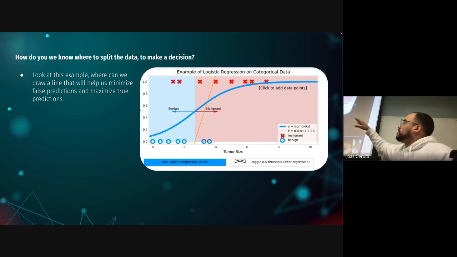Now that you have this curve, you want to decide at what point your values are going to give you malignant or benign when you're trying to predict it. So that line that you see right there is called the decision boundary, right? You're trying to decide what's the best place to put that line. Because if you put it too much to the left, you're going to be ignoring a lot of benign tumor sizes. If you put it too much to the right, you're going to be ignoring a lot of malignant ones. So you're basically training to figure out the right decision boundary, okay?